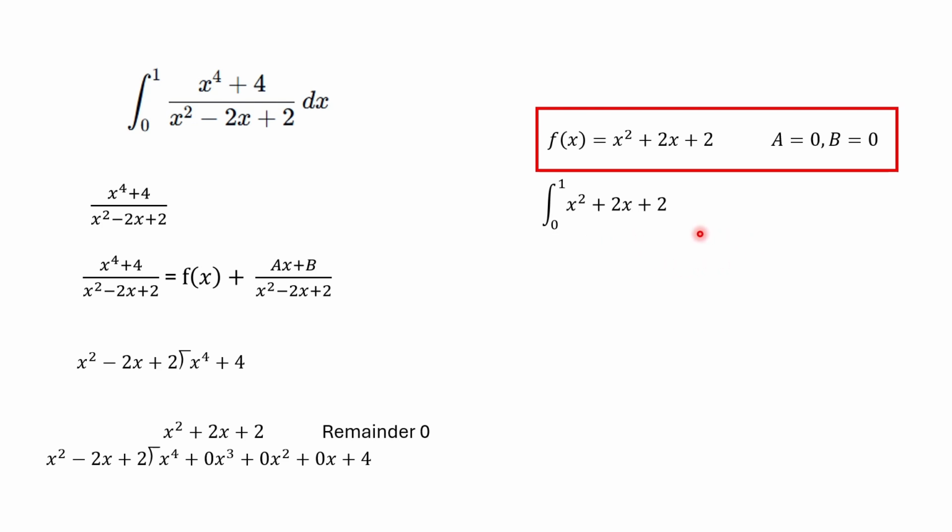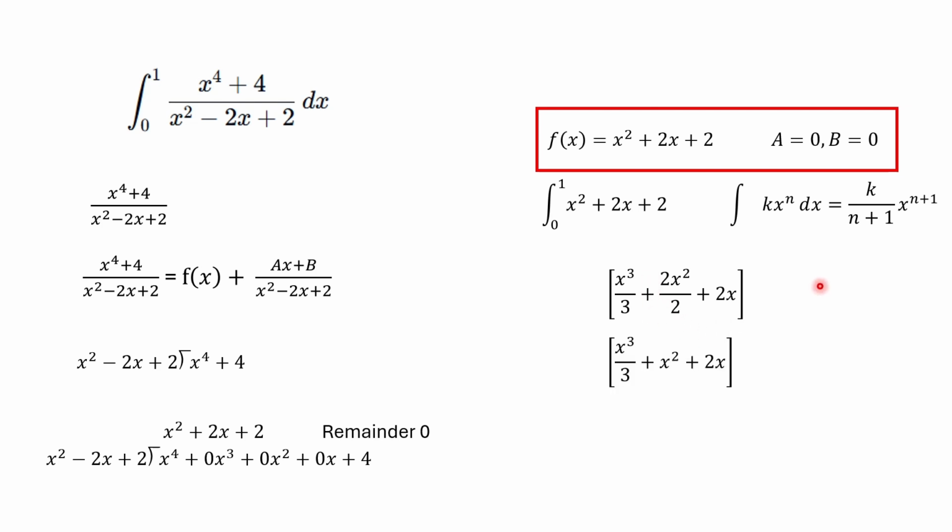And we can deal with this problem by power law. Here's power law, just in case you don't know it. And by using power law, you expand the integral to be this, and simplifying the x squared coefficient, you'll produce this. And if we sub in the original bounds of 1 and 0, it'll produce this calculation,